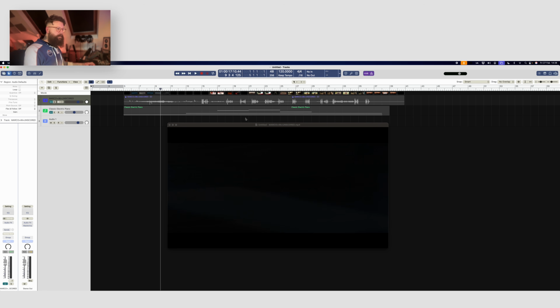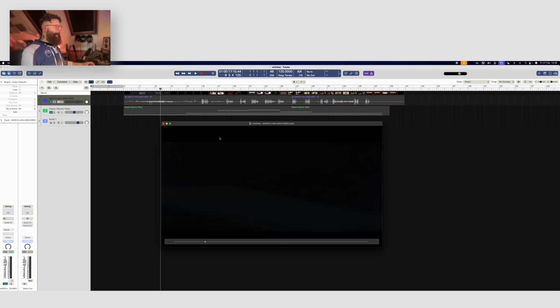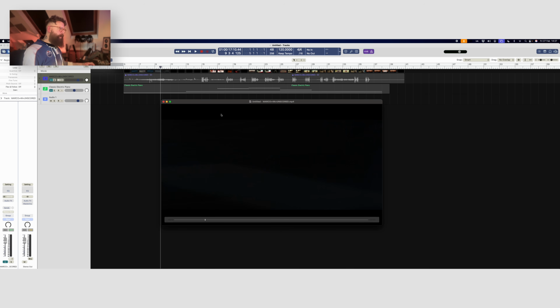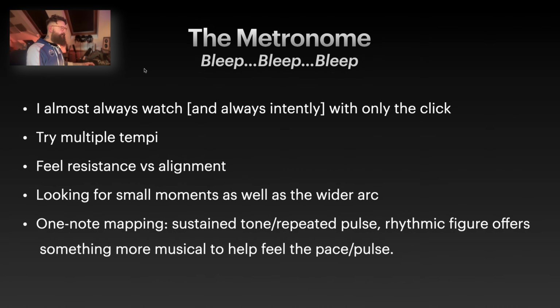Okay, so once I've watched it outside of the DAW, I would now watch it multiple times in the DAW with nothing else apart from the metronome. So the metronome is going to inform me what I start to internally feel the piece should be. And maybe this has been a conversation with the creative team or the director about what kind of pace they're looking for as well. So it's going to be a two-way conversation, but if we're coming at it from the point of view of us,